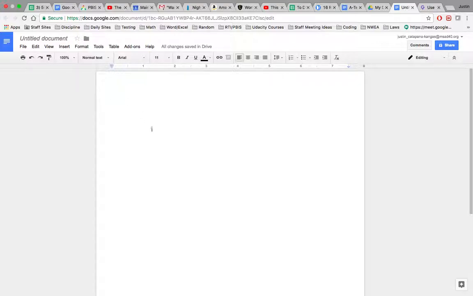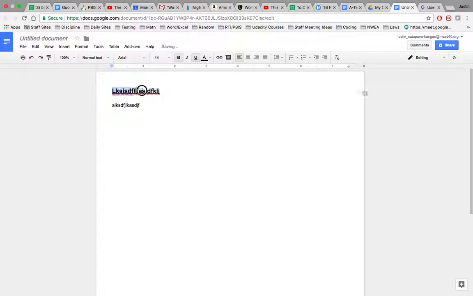This next tool is an interesting one that I don't think a lot of people know about. What this tool will do is copy the format of the text that you highlight. So it won't copy the actual text, but it will copy the format. It will copy things like whether it's a header or normal text, whether it's bolded or underlined or italicized, what size it is. It'll copy that information. For example,